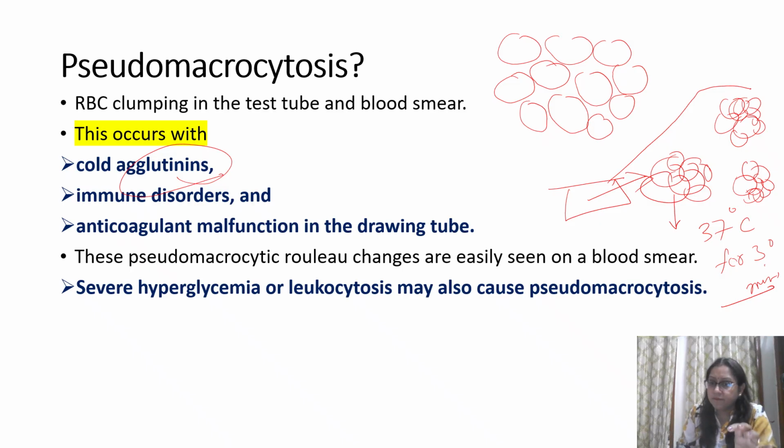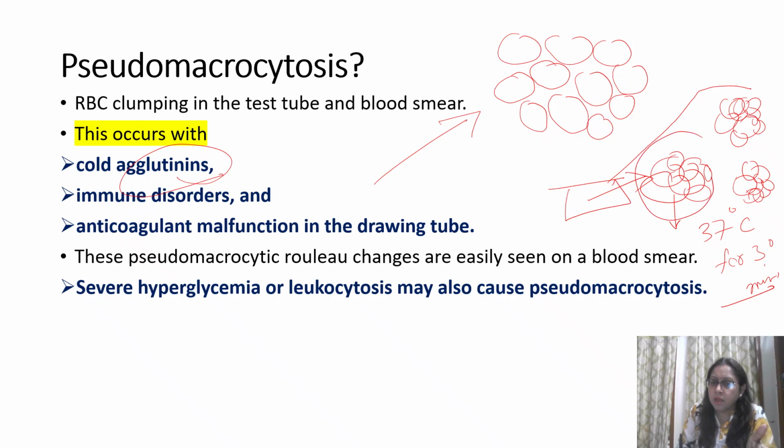But when we saw this smear of the patient, it was perfectly normal. We had extensive macrocytes on the smear, so straight away that was early nutritional deficiency. But here another condition which I am talking about is pseudo macrocytosis, which is not related to our case. But we have to rule out pseudo causes also.